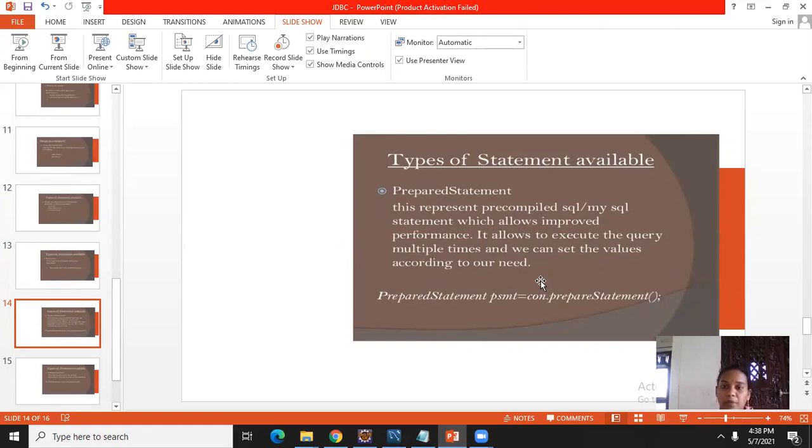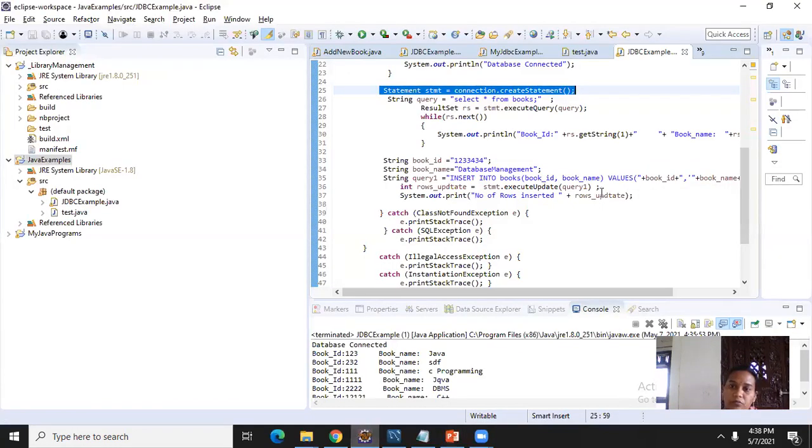The best example for this is a university exam result. When the results are out, the student gives his hall ticket number. So the hall ticket number is sent dynamically. Every time each student sends a different hall ticket number, so that hall ticket number is held dynamically and attached to the query.